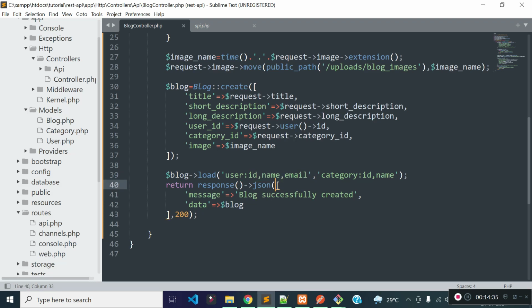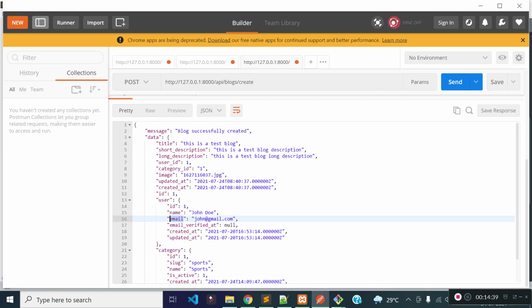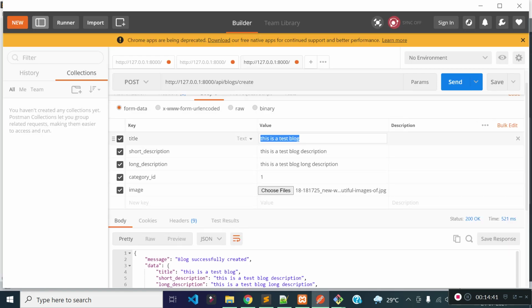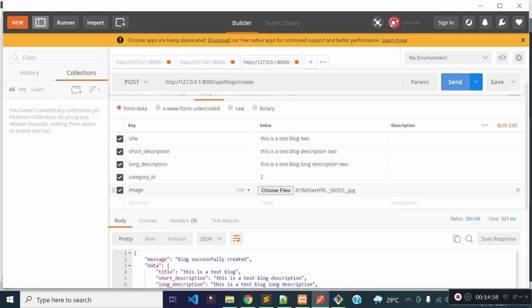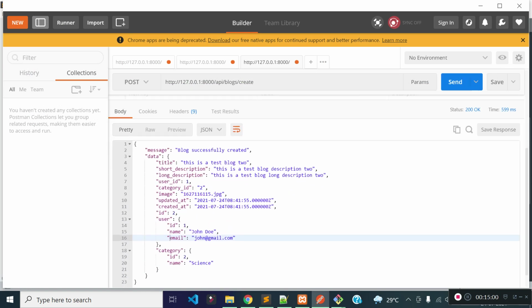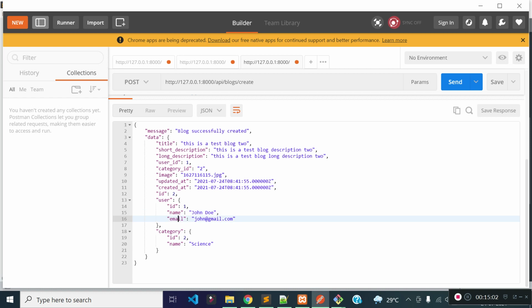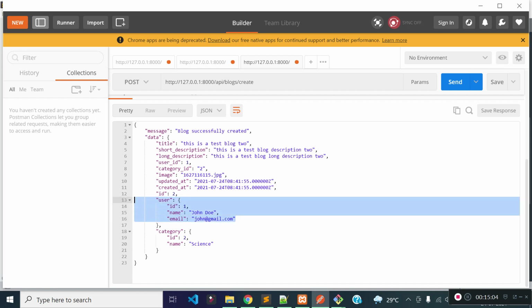We have to provide ID here, otherwise it will not return any data, right? So I'll create another record. Let's provide description, and let's change the category to 2, and let's change the image to this image, and then call this. You see, now we are getting only name and email from this user relationship.